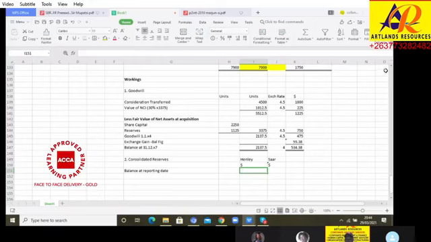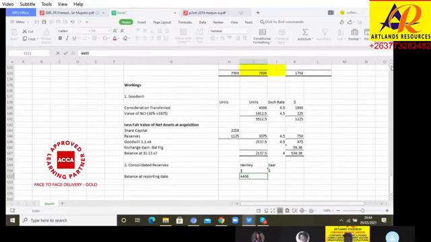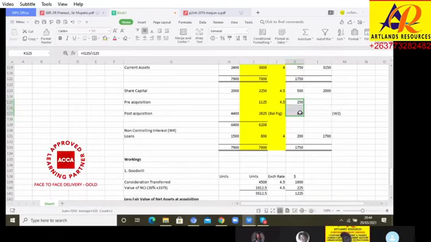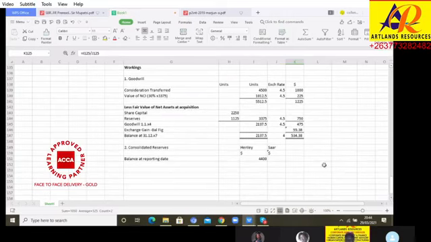For Henley, it's 4.4. It's in the balance sheet above here. For SAR, you take these two consolidated, translated figures, because they are all in the statement of financial position. So it's a balance at reporting date. So it's 1050. For SAR, remember we split it into pre and post, but it's the same figure. So for SAR, you take 1050 here,